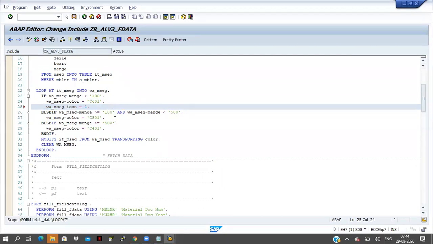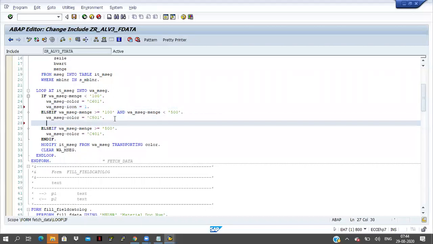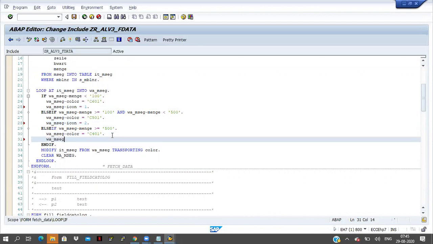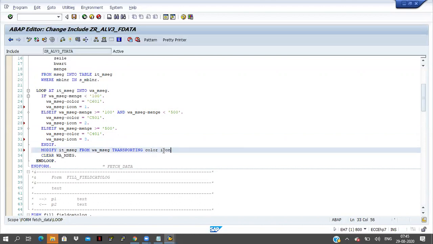What is this icon 1, icon 2? I will tell you. Work area msec hyphen icon equal to 2. Work area msec hyphen icon equal to 3. Here I am modifying icon also, right?